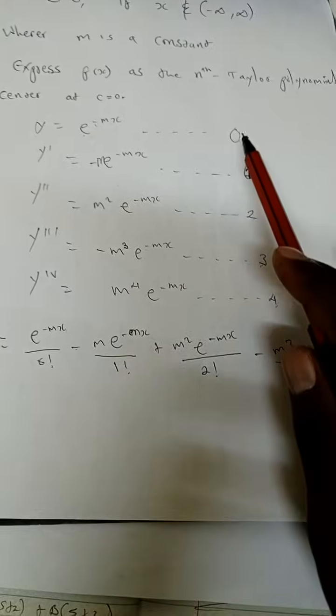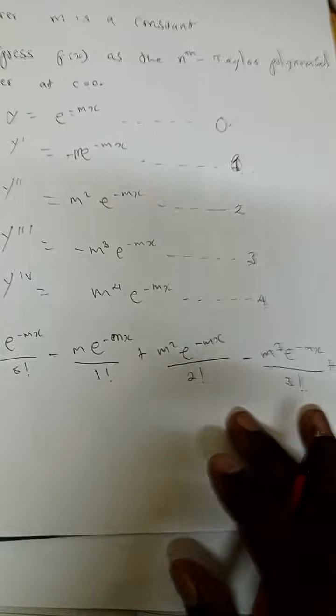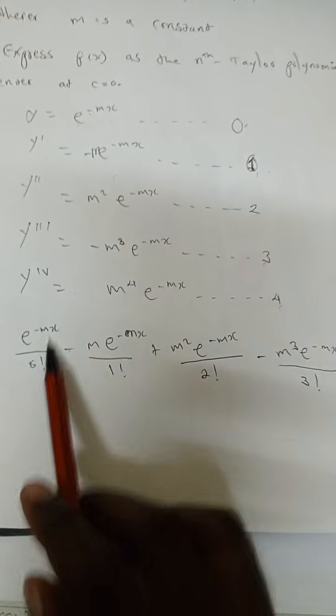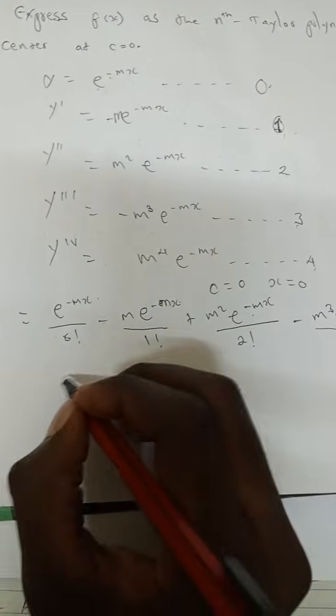What we're going to do next, again, these same numbers, we're going to raise them as the powers of what? The powers of x. But now, before doing that, let's let x equal 0 for this, because we know that c is equal to 0, isn't it? So c is equal to 0, meaning x will be equal to 0 for the main functions, which are these ones. So if I put 0 here, 0, 0, 0, what am I going to get? Just going to get